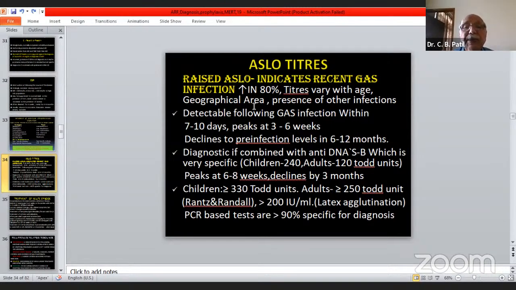Detectable following group A streptococcal infection within 7 to 10 days. It peaks at 3 to 6 weeks, declines to pre-infection levels in 6 to 12 months. Diagnostic if combined with anti-DNase B, which is very specific, and its titers in children are more than 240, in adults more than 120 odd units. Whereas the ASLO titers in children should be more than 330 odd units, in adults more than 250 odd units. And at least 2 samples at 2 to 4 week intervals, if they are showing rising titers, definitely that is suggestive of a